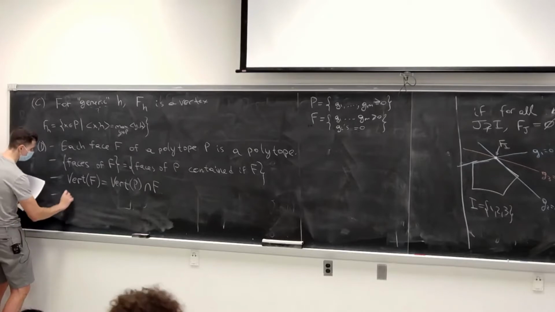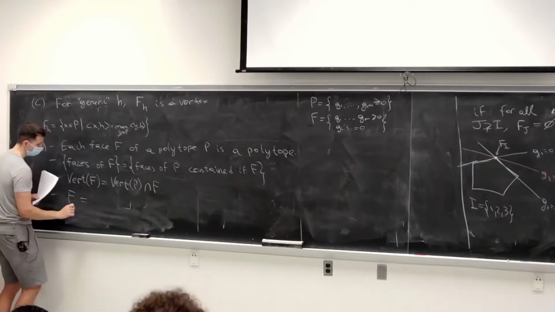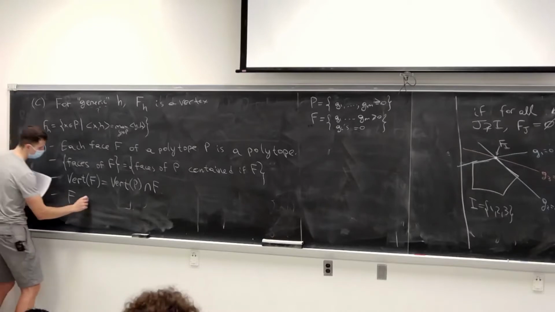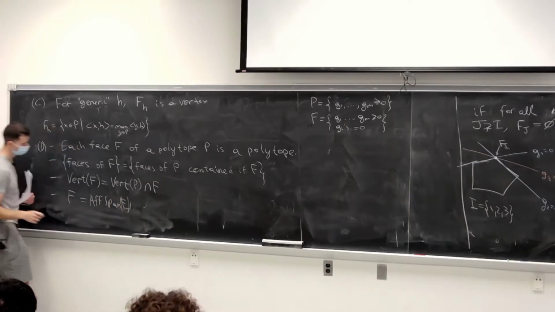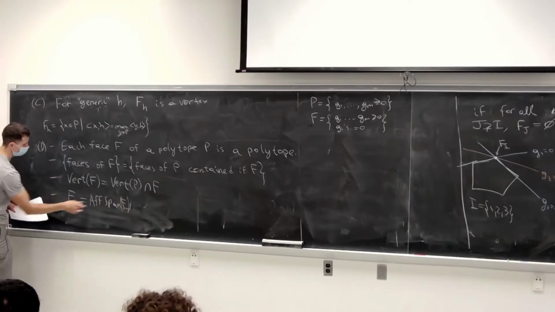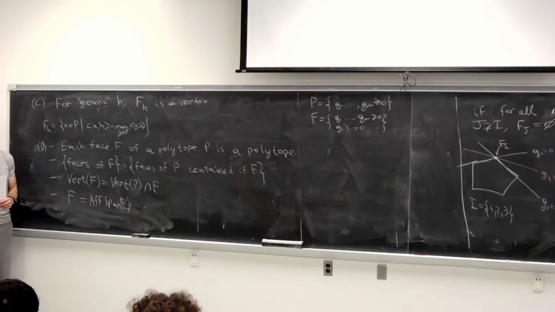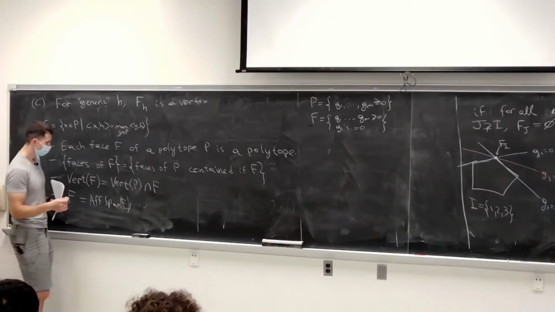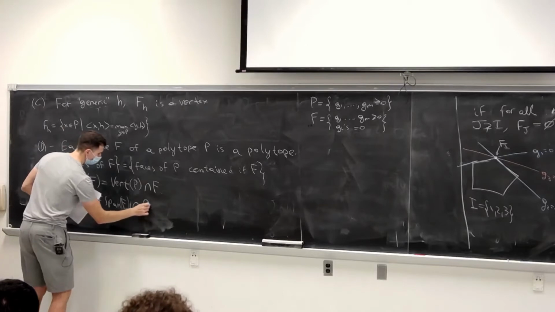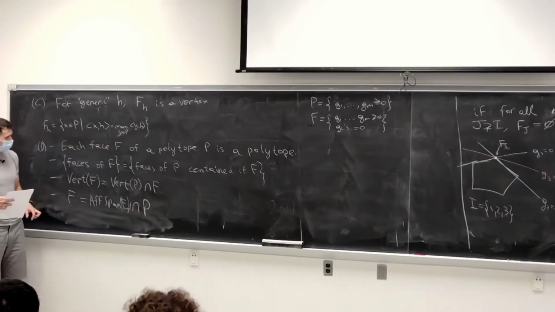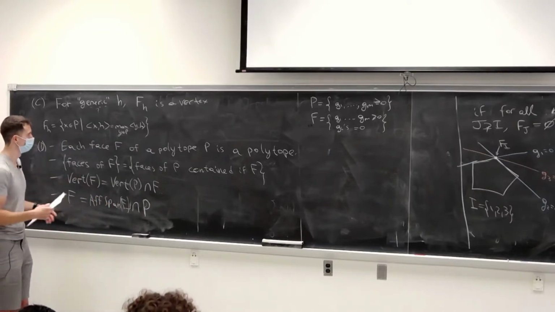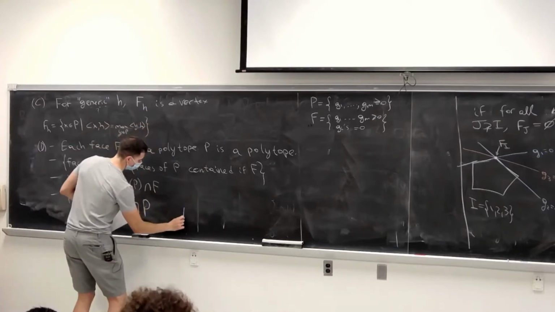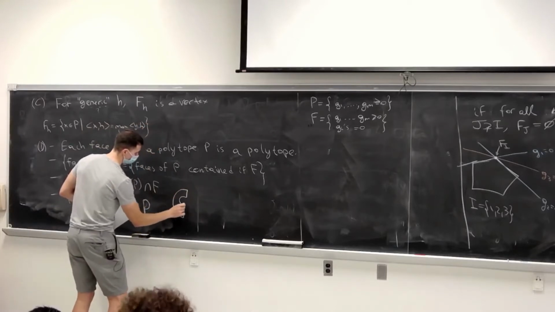And here's another property. If you take F and you take the affine span of F, how are these two related to each other? Oh, nice. Yeah, F is the intersection of the affine span with the whole polytope. So the claim here is that if you have a face, then you don't get any new points if you take the affine span. A polytope cannot look